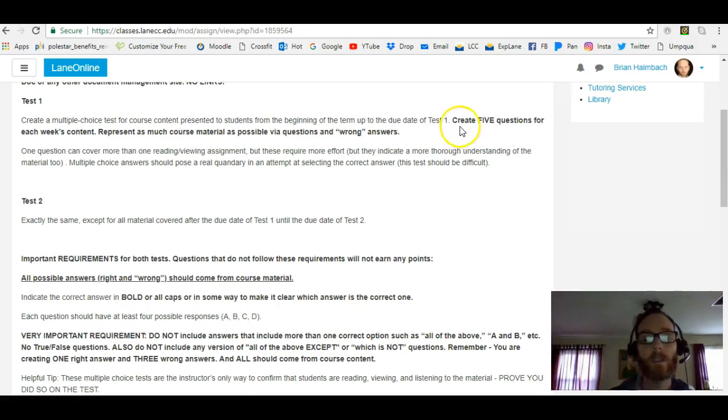So for each week, you're going to create 5 questions. So if the test is on week 4, you're going to create 20 questions. 5 questions for each week. This is a way that I've scaled this back a bit. I used to,